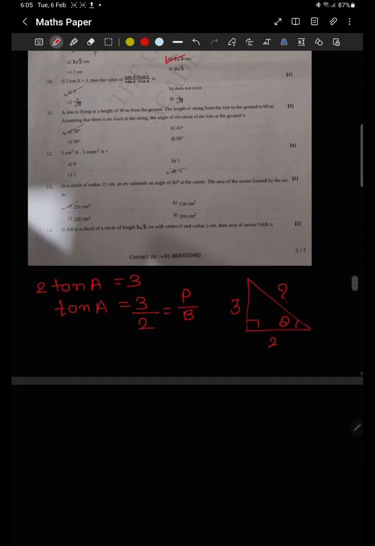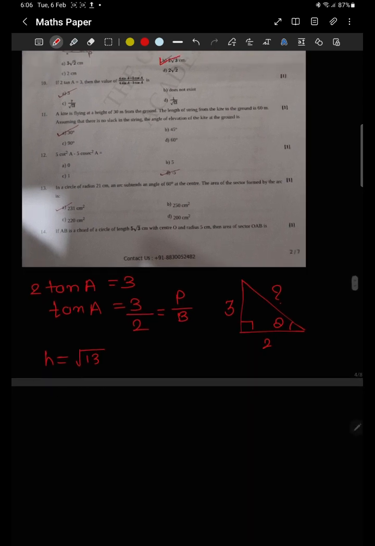Okay, so if I draw a right angle triangle, so this is my theta. If suppose this is my perpendicular and this is my base, if I find out the hypotenuse by using the Pythagoras theorem, hypotenuse square is equal to side 1 square plus side 2 square. 3 3s are 9 and 2 2s are 4. So my hypotenuse will become root 13, because 9 plus 4 is 13 and the square root of 13 is square root of 13 itself. Okay, so we have to find out